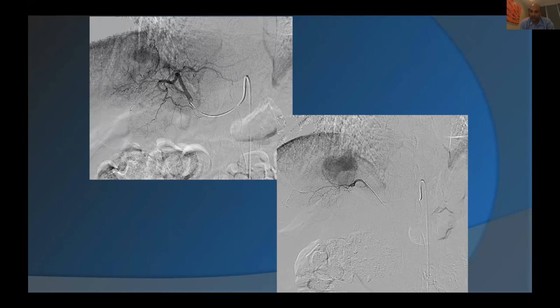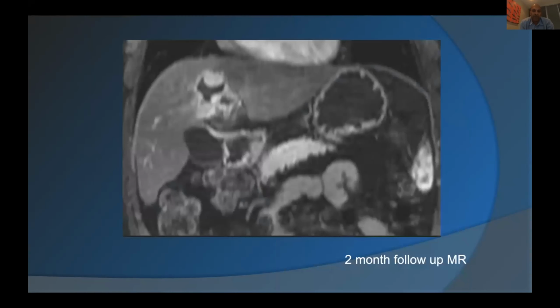And I thought this is a home run, right? We can see this full perfusion, no problem. So we infused from there. This is the patient's follow-up MR, coronal image 2 months later. And you'll notice that the top third of the tumor still has this nodular enhancement. And on the delayed images, which I'm not showing, had washout.